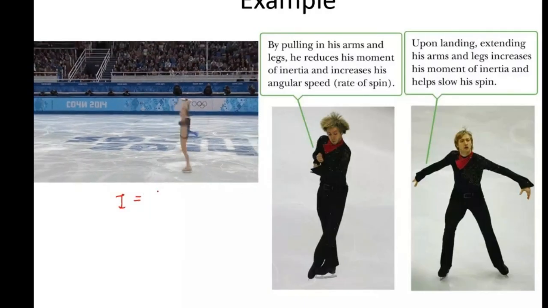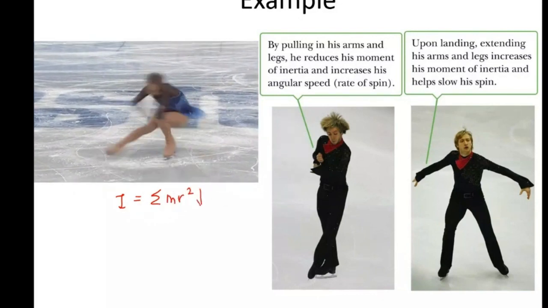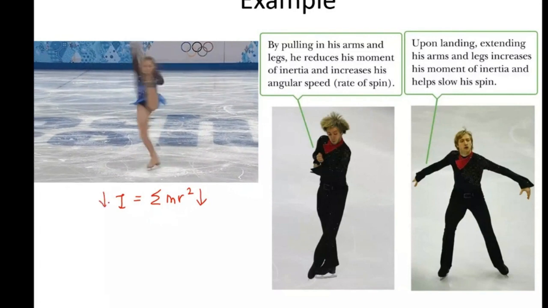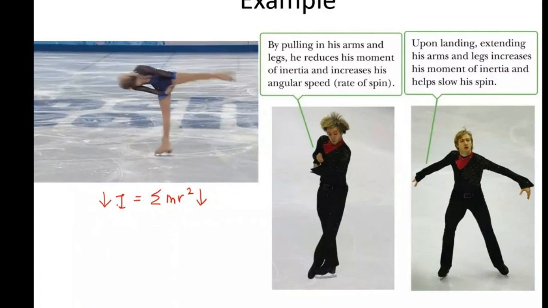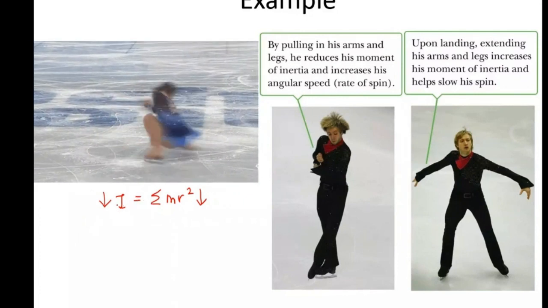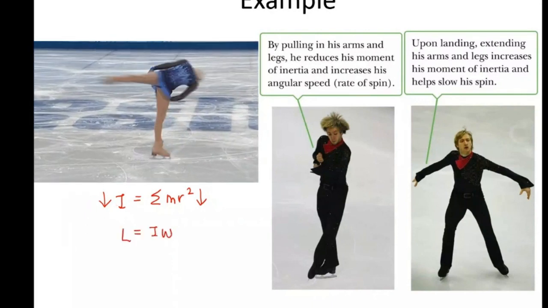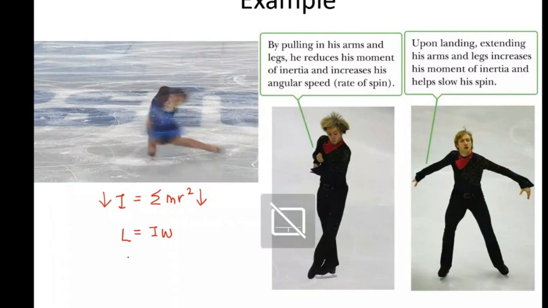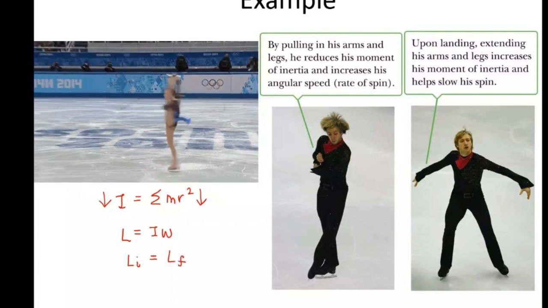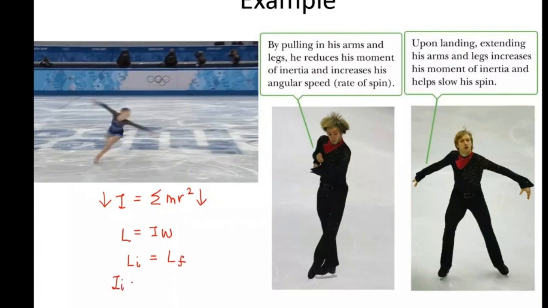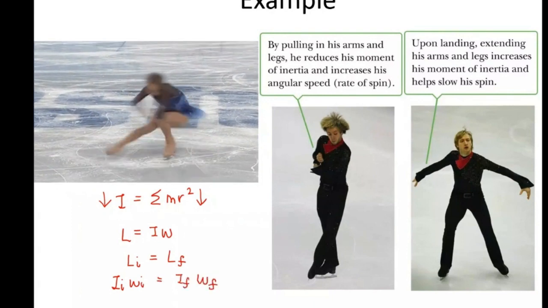Moment of inertia I is equal to the summation of mr squared. When the dancer pulls in her arms, r is reducing, which means it tends to reduce the moment of inertia. So once you reduce the moment of inertia, what happens? If you refer to the conservation of angular momentum, angular momentum is defined as I omega. We have a principle called the principle of conservation of angular momentum, which means initial momentum is the same as final momentum. So I initial omega initial is equal to I final omega final,